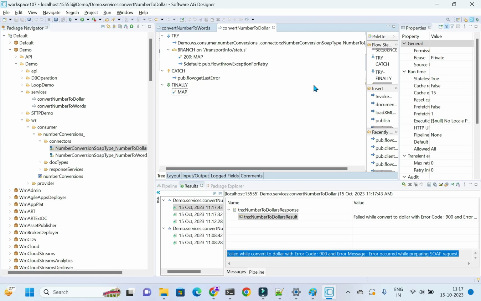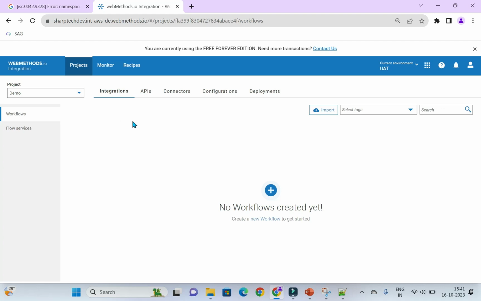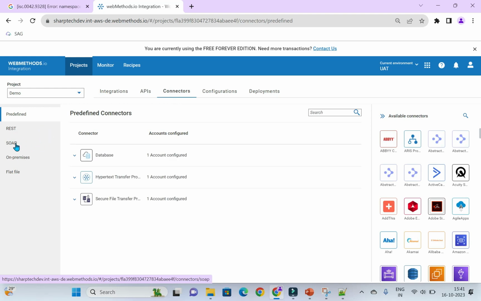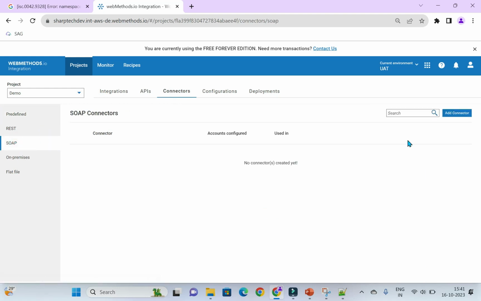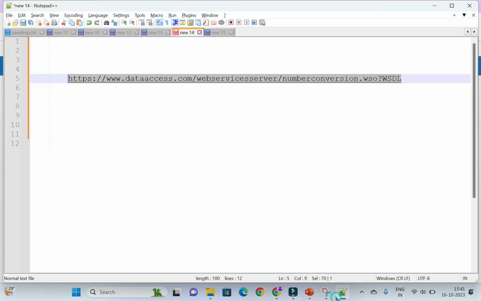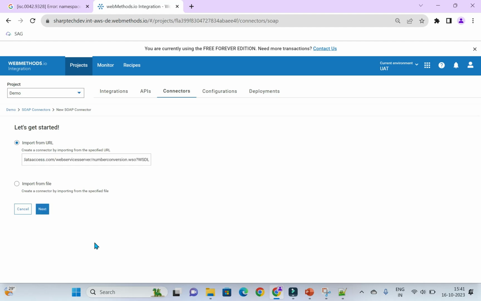Now we will see the same in the IO integration. Now first we go to the connectors and create the connectors. As this is SOAP, go to the SOAP. Create the new connector. Just click and add connector. So import from URL. We have the URL as you know. Take this, paste here,